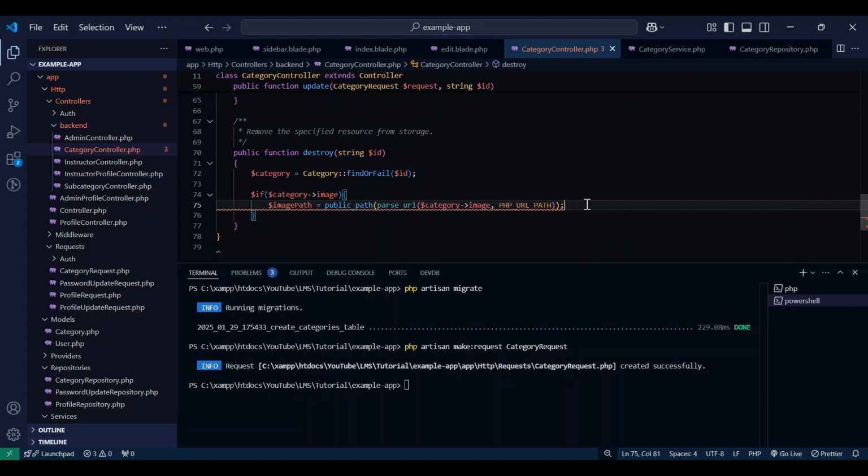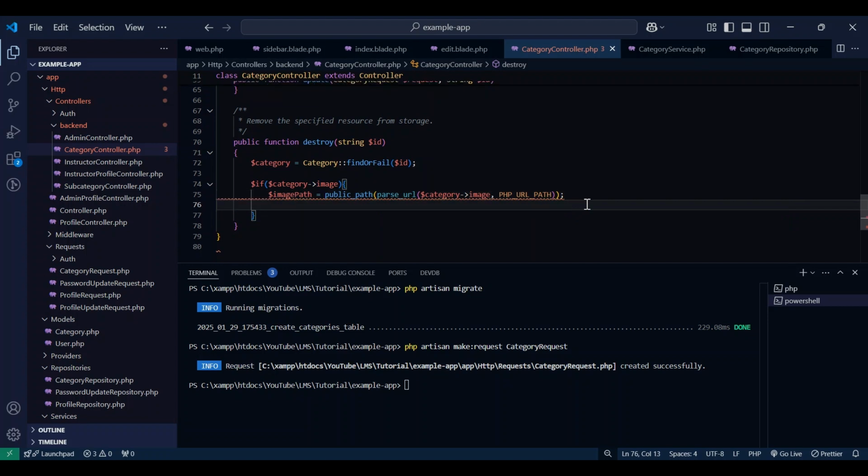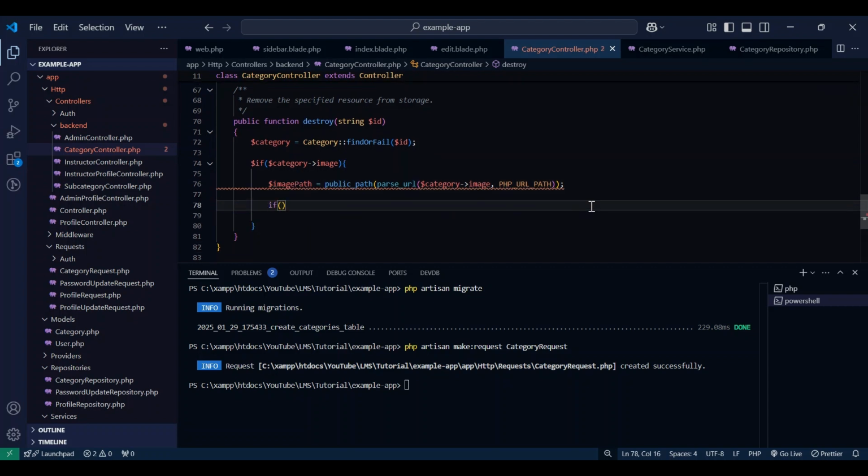Oh, what is the issue here? Hmm. Can I have made a mistake here? I just check it. How did we make a mistake? So here I just erase that and paste it. Once again it shows the error. So don't worry, I just manage it. So let's see what's happened. If file_exists, if file exists,